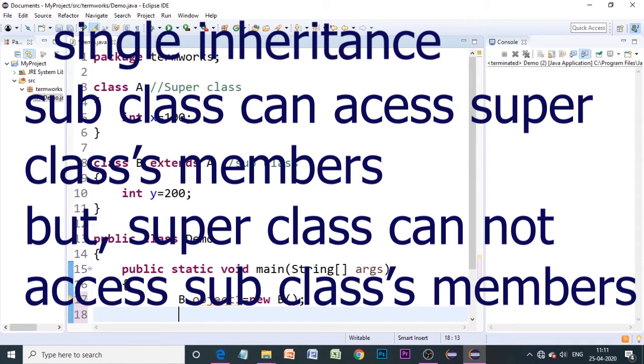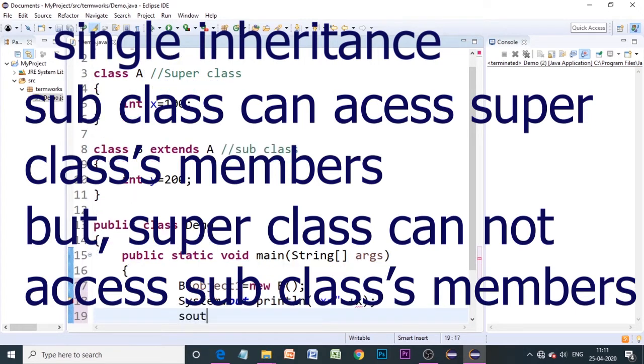So when we have an object of class B, we can access the data members and methods which are there in B, as well as the data members and methods which are there in its superclass, that is, in class A also. So let's try that. I will take a system.out.println statement. Here let's print the value of x. So x's value is this, and similarly I would like to have one more print statement to print y equals, and here it is.